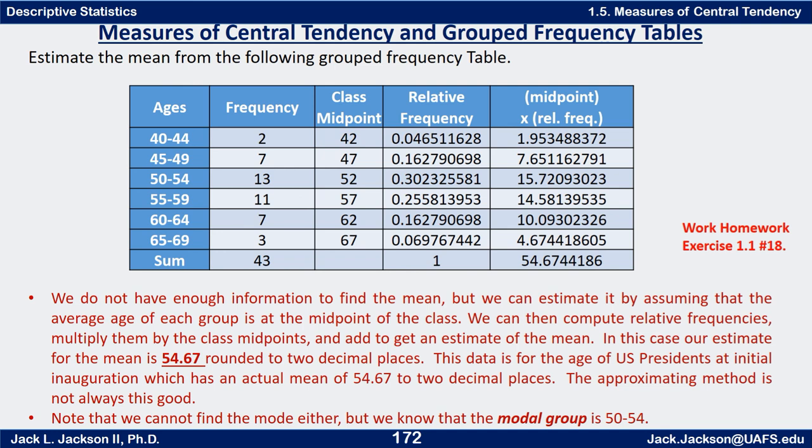Okay? And this approximation is not always super good, but actually turns out to be really good in this particular case, because if we take their actual ages at initial inauguration, its actual mean is 54.67 to 2 decimal places. So it's actually accurate to 2 decimal places in this way. That's kind of unusual for it to be that good. Notice that we cannot find the mode from this data, but we can find what we call the modal group. So if it's grouped like this, the group with the highest frequency is the lower 50s, the 50 to 54